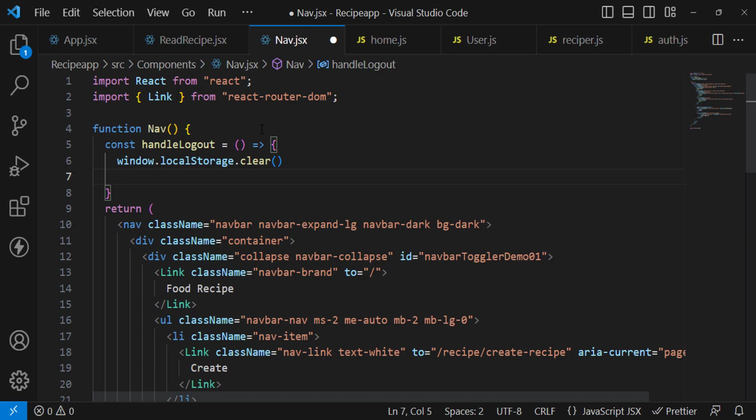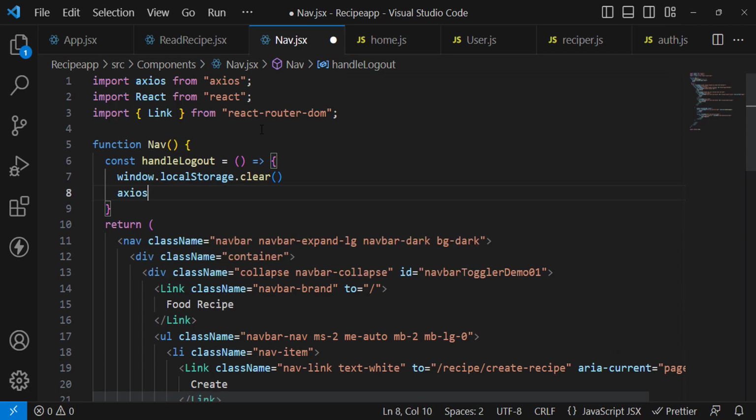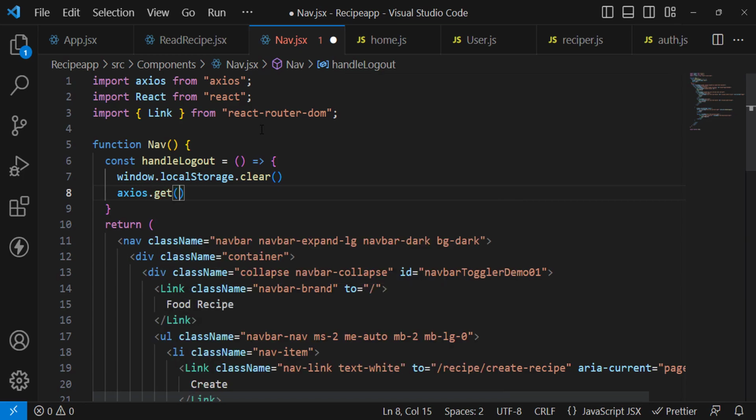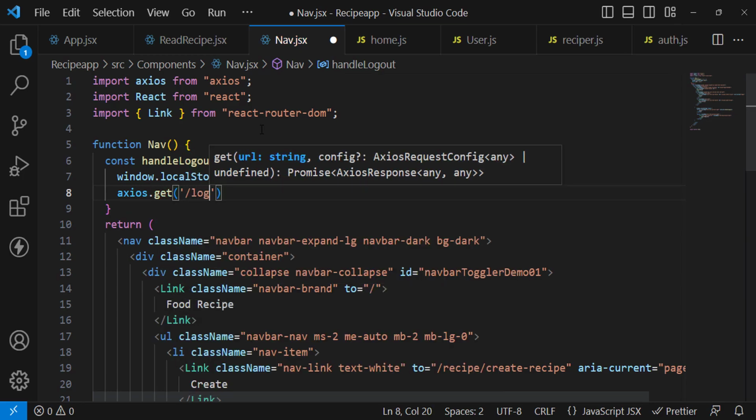So for that, let's call axios dot get slash logout. We can write auth slash logout